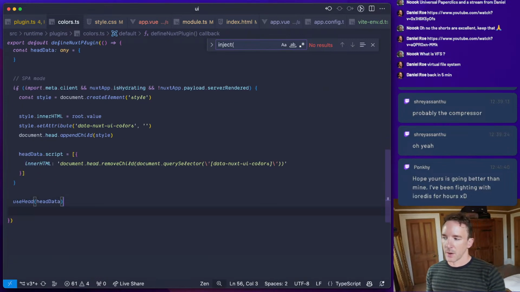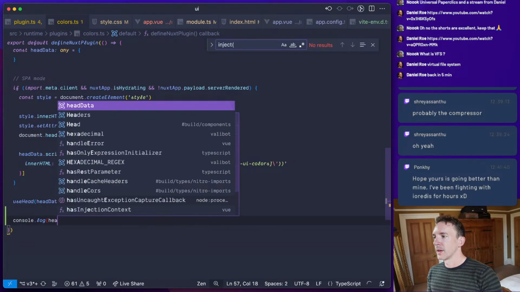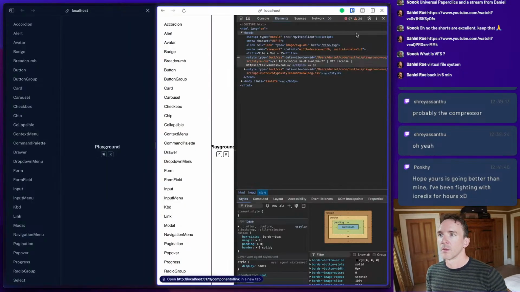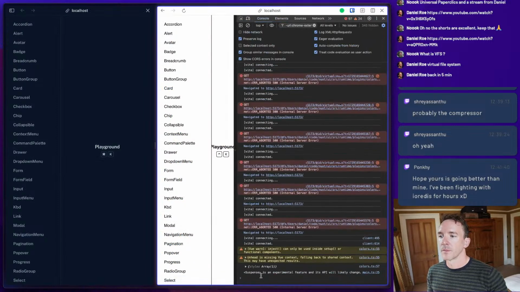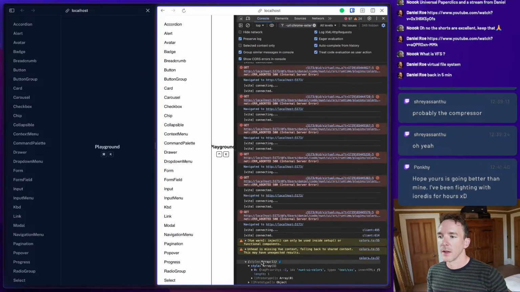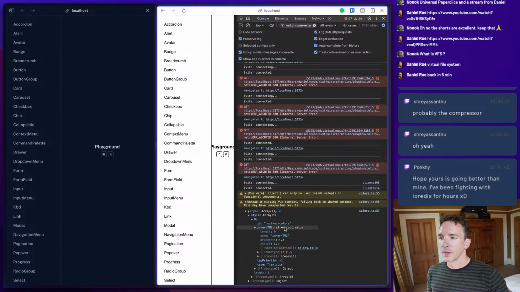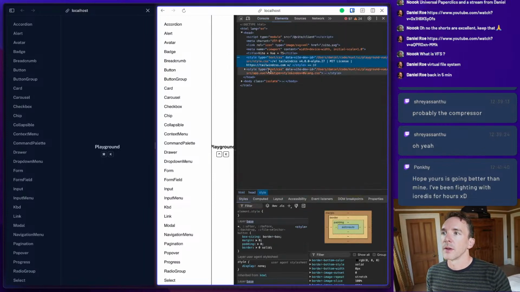Let's try logging out head data. Okay, so it should add a style which is nuxt UI colors with some inner HTML. And did it do that?